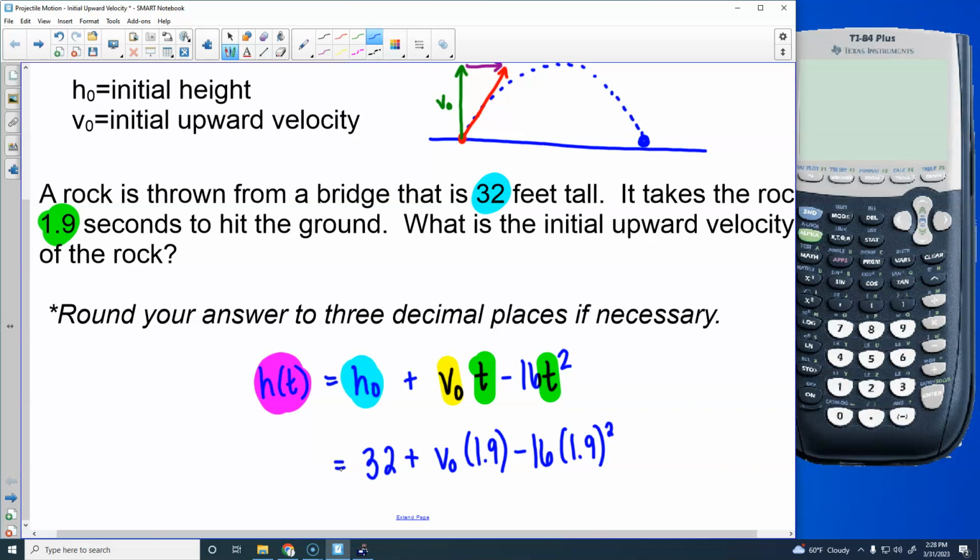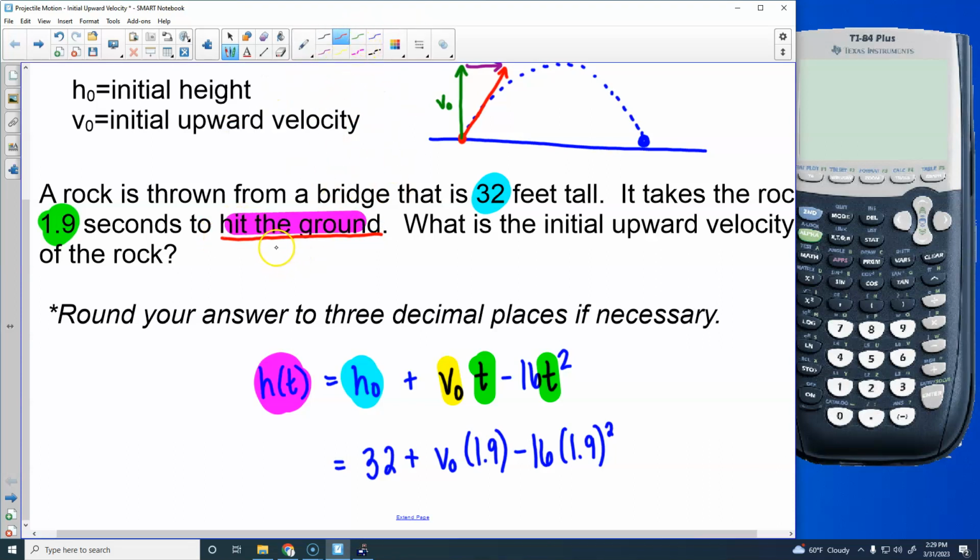Now numbers, right? The problem doesn't have numbers in it anymore. Okay? It's not always 0. But there is a phrase here that tells us it's going to be 0. What's happening at this 1.9 seconds? It hits the ground, right? So even though that's not a number, we know that if something hits the ground, that